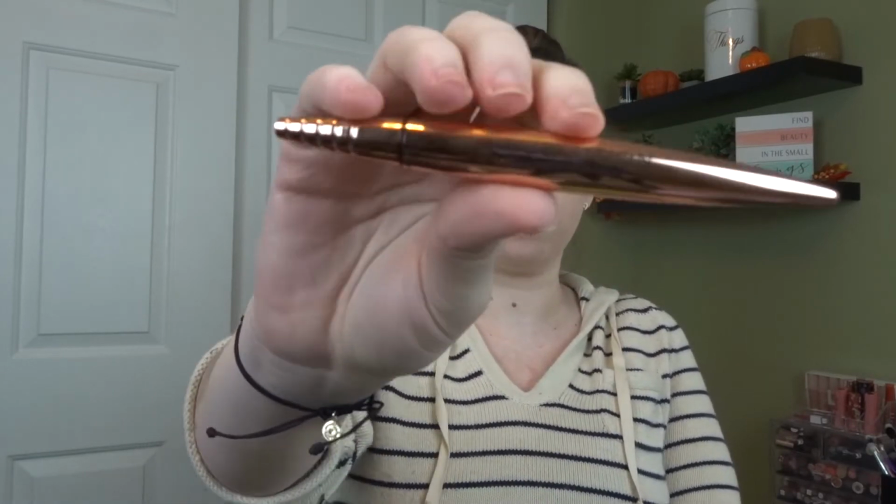I do have an eyeliner, and this is from Makeup Revolution, and I think it's called the Fierce Flick eyeliner. I'm not a fan of this. So if you saw my first impression, you would know this exploded ink all over me in that video. That never happened again after. However, the actual, let's see if I can get a,